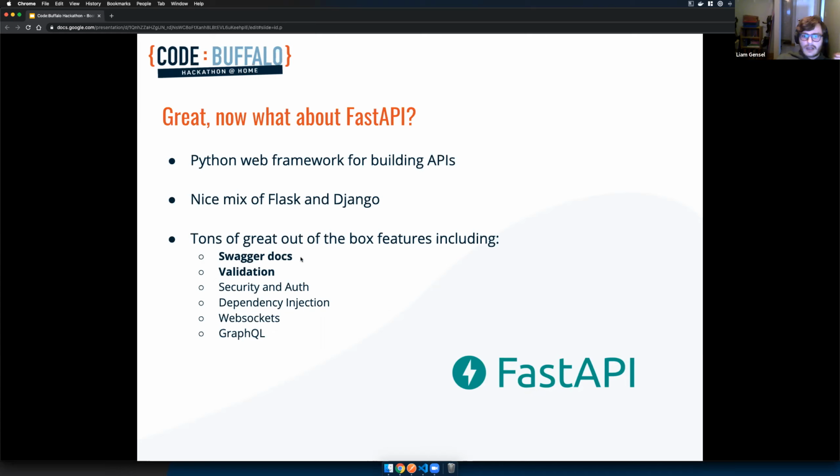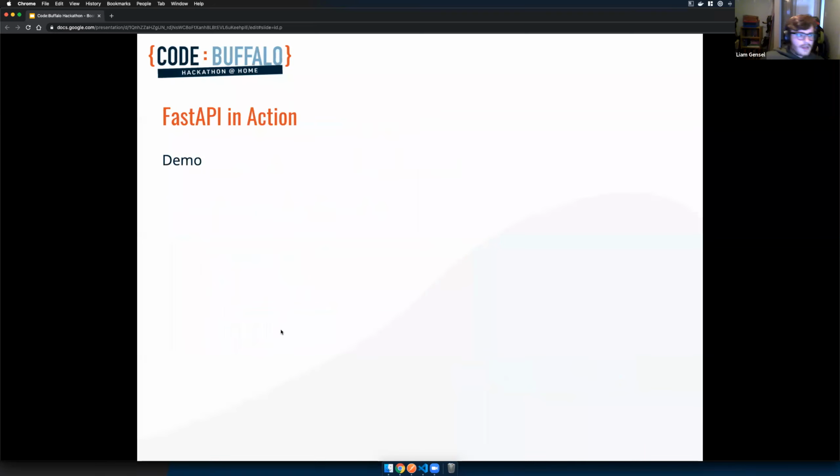A lot of data validation stuff built in, security and auth, dependency injection, WebSockets, and GraphQL support. The two things that we're going to be talking about mostly today are the Swagger docs and the validation. So let's start by just writing some code and building a basic